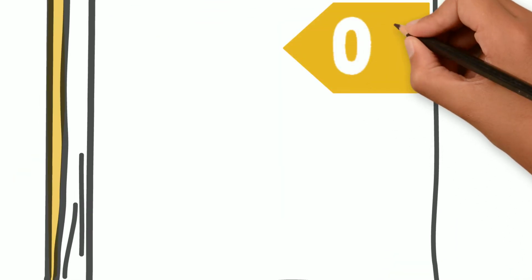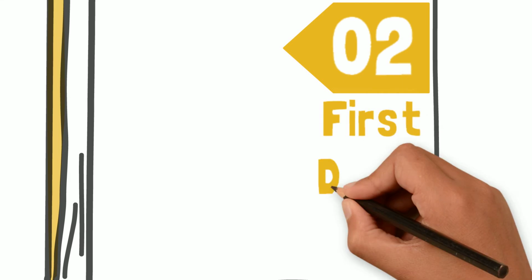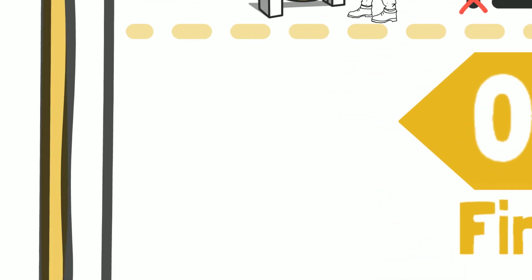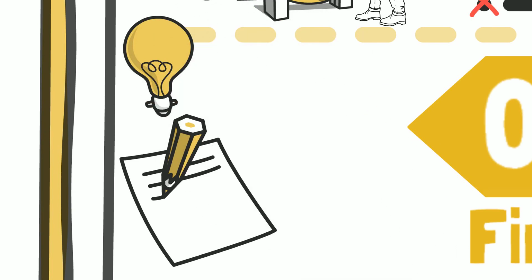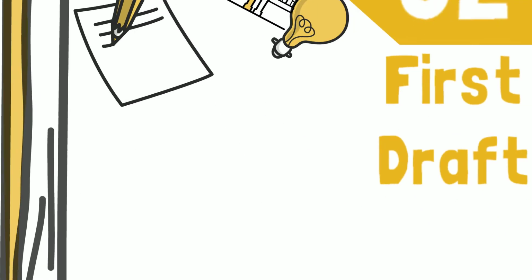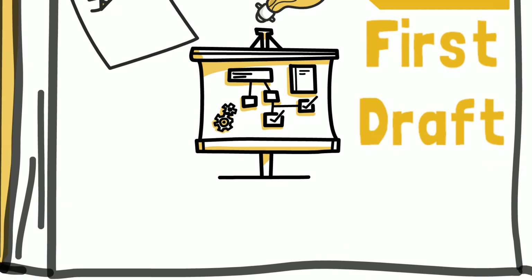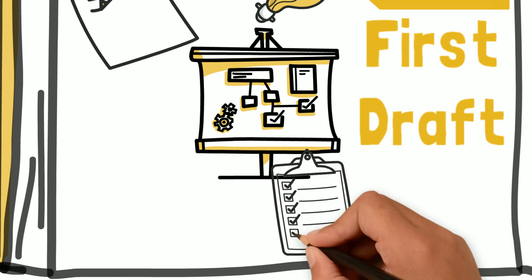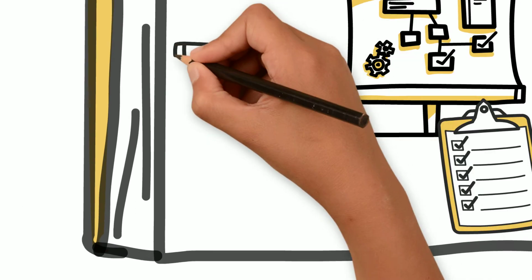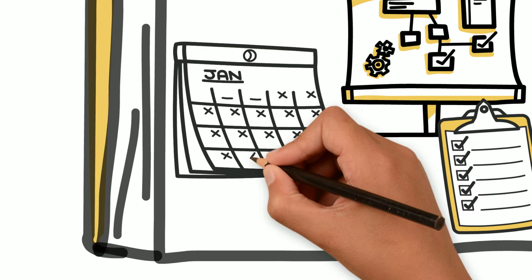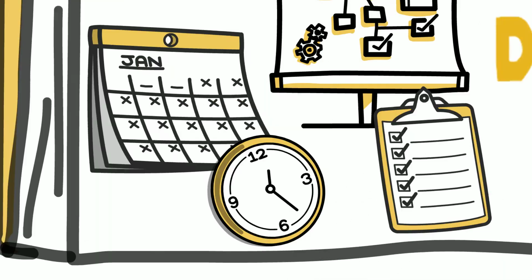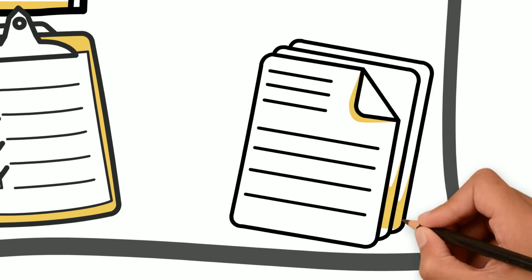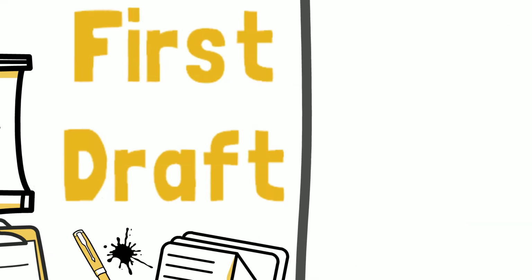Once you've come up with a structure you're happy with, it's time to begin your first draft. Don't feel too compelled to write in order. You may have more ideas for specific sections of your piece, so try to get those on paper first before bridging the gaps later. Follow your outline as you write, making sure that the content fills the purpose you gave it earlier. Set yourself a deadline and possibly even daily targets for your writing, so that you don't get sidetracked by refining your work. Your current objective is to complete an early draft, rather than something that is ready for publishing.